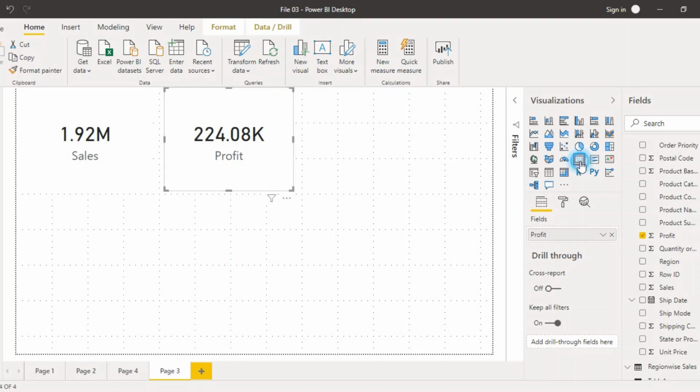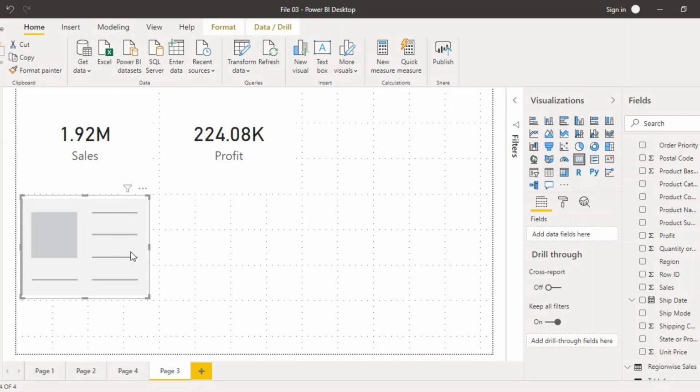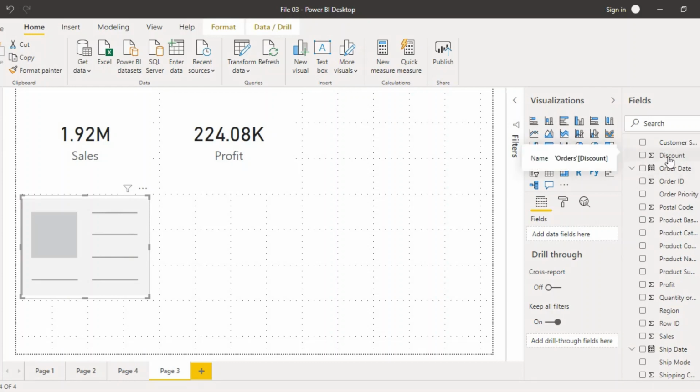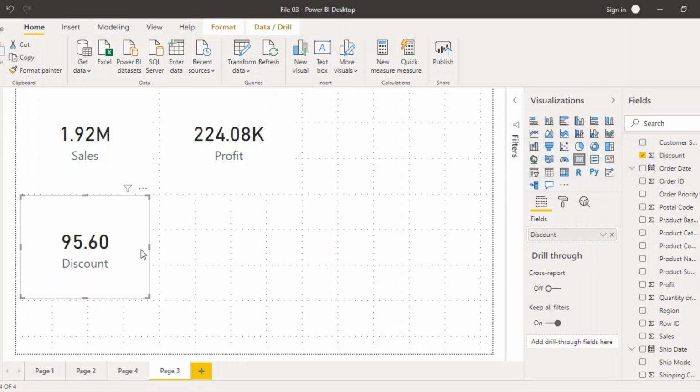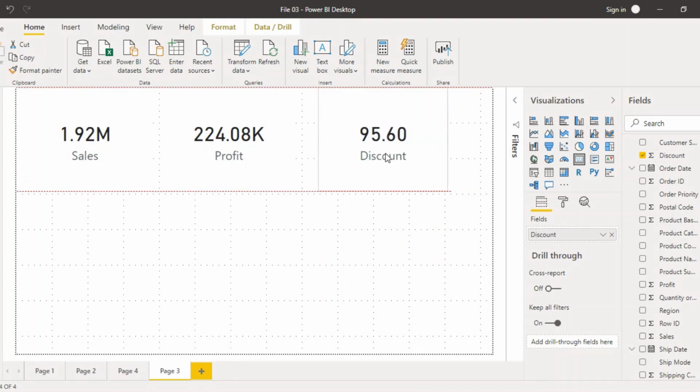And suppose I want to add any other card, so you have to click outside first of all, make sure none of the cards is selected, and then you can click on card, and only then your card would be added. Then suppose I want to show how much discount I gave, so I can just click on the discount option, and I would be able to see how much discount I gave in all those sales.